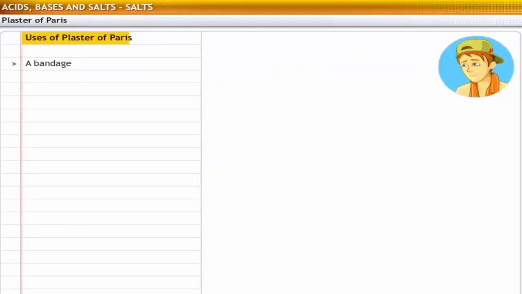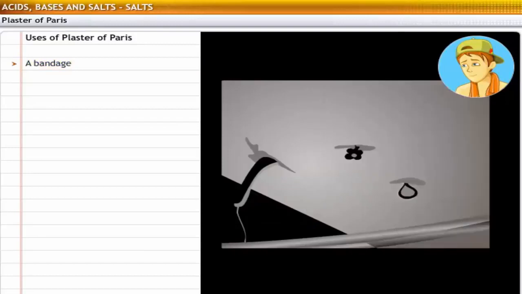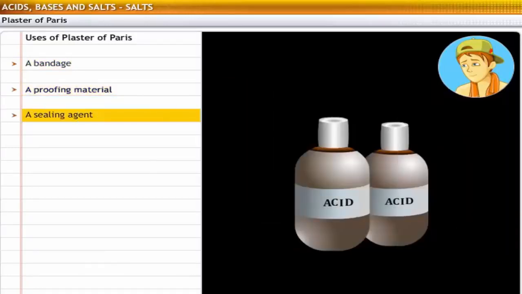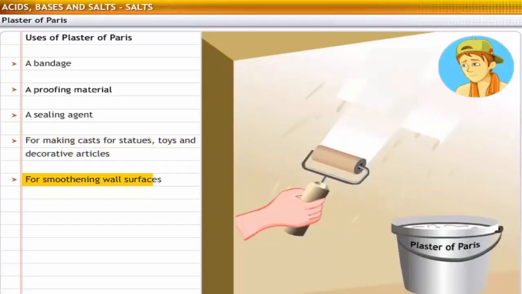Some of the uses of plaster of Paris are: for setting fractures, since it hardens when mixed with water and sets in a short time; as a fire and waterproofing material; as a sealing agent in the laboratory for sealing air gaps in apparatus where airtight arrangement is required; for making casts for statues, toys and decorative articles; for smoothing wall surfaces;